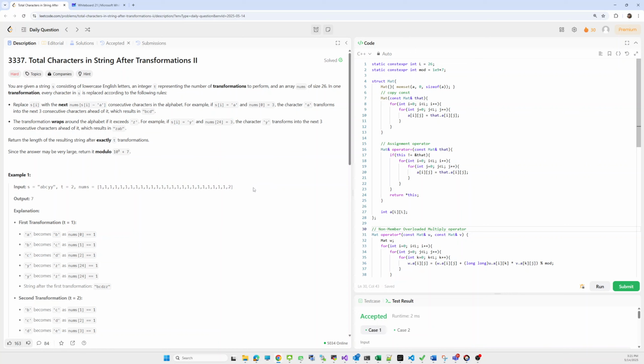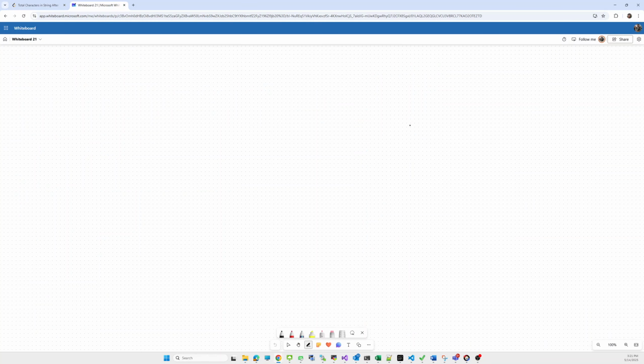Whatever the corresponding value is, it corresponds to the character, like for this a. If we convert that a into an index, a corresponds to 0 and b corresponds to 1. So in that nums array,